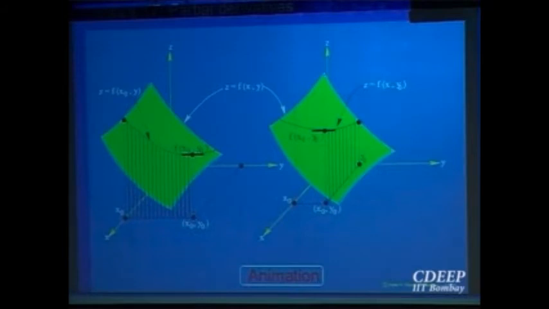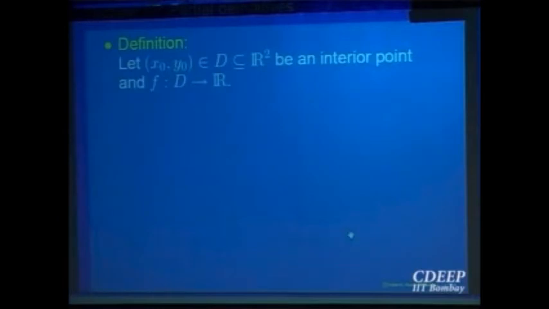For a function of three variables, you will get three coordinate functions by fixing two variables at a time. So let us analyze what the differentiability properties of these coordinate functions are. So f is a function of two variables. Whatever we are doing for functions of two variables is valid for functions of three variables also. Only one more variable enters the picture. So let us take a point x0, y0 in a domain D, and let us assume it is an interior point, so that in all points in the neighborhood the function is defined.